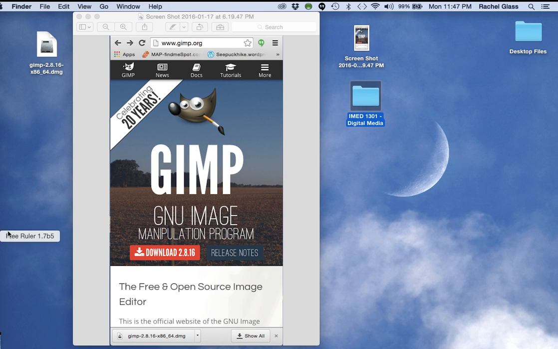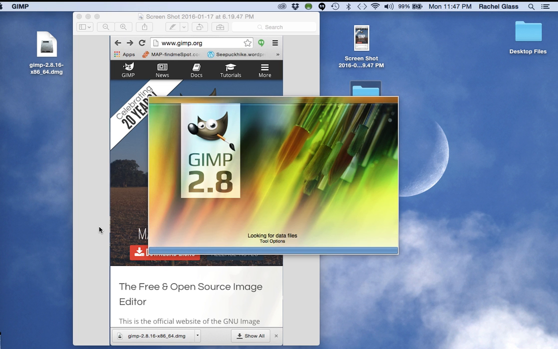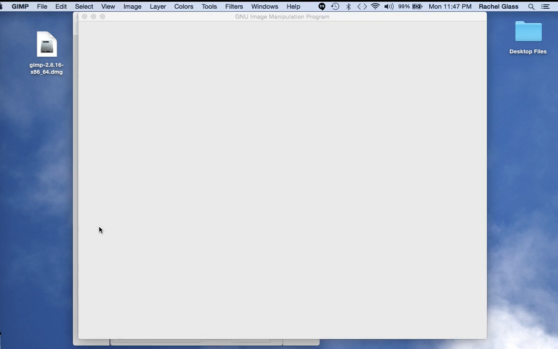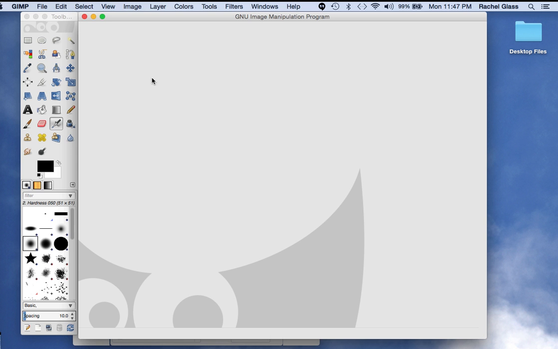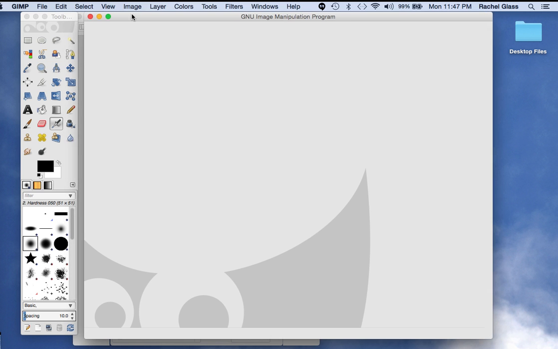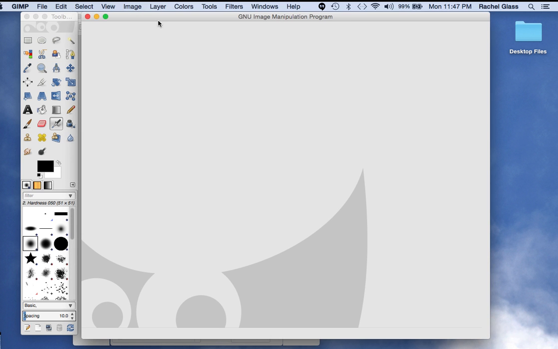I'm going to open up GIMP. Alright, I have GIMP open. There's a big blank window that is the interface for GIMP, and to the left is a toolbar. At the very top is the GIMP main menu. Now I'm going to go up to File, Open,